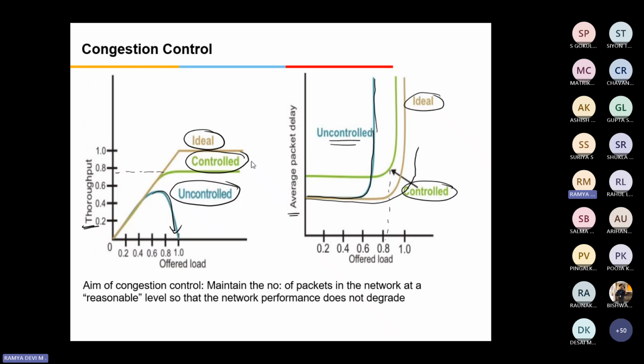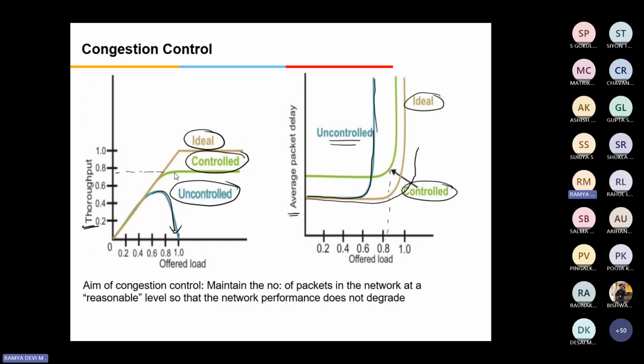The next one is the control state. Control state means a congestion avoidance technique is being implemented, so it goes to the prevention state. Once it reaches the threshold, 75% is the threshold value, it will control the network throughput. It will not increase the throughput once it reaches 75% of the throughput in the entire network.